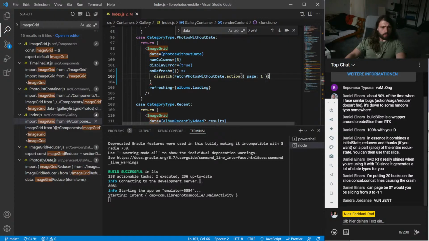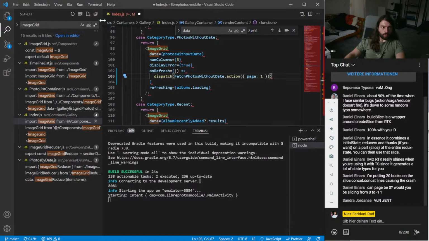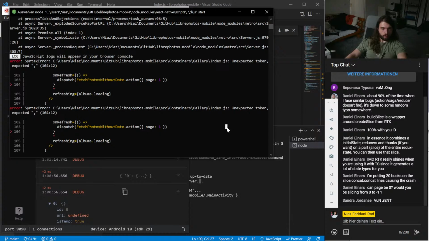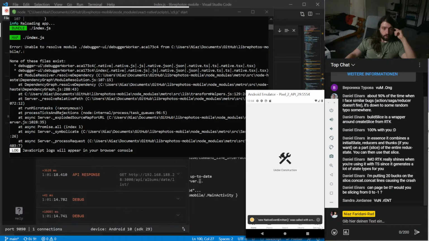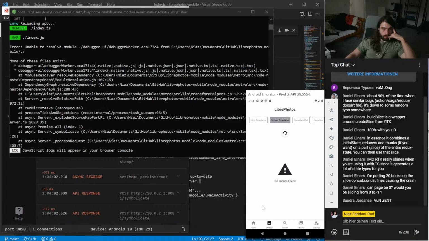What? Okay, it's just that again. Okay, so reload. Now it should load the first page.